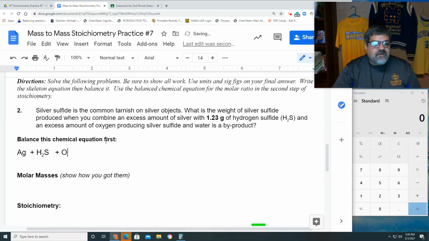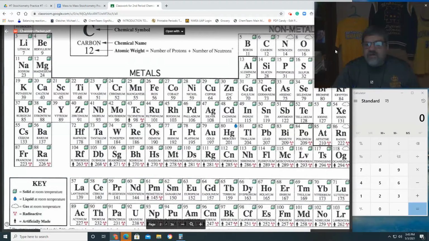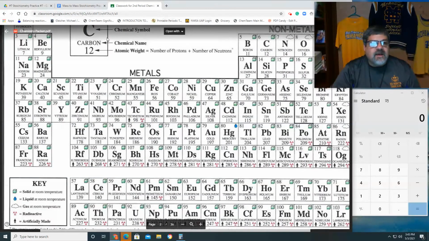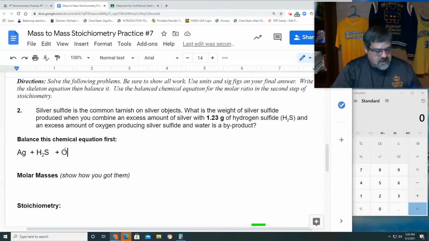Now remember, if there's an element by itself, we have to ask, is it diatomic? So we'll look at silver. Is silver diatomic? No, silver is not one of the diatomic. What about oxygen? Well, let's go to the periodic table again. Oxygen is one of these 7 that are right here. So yes, it is diatomic, so we're going to make it diatomic. Now that is going to react,